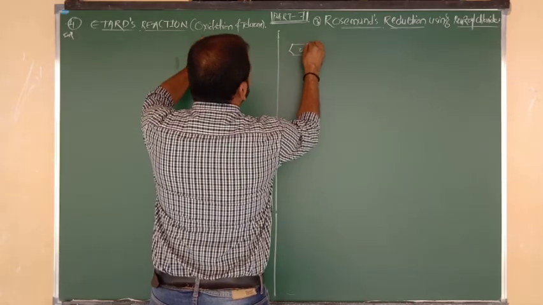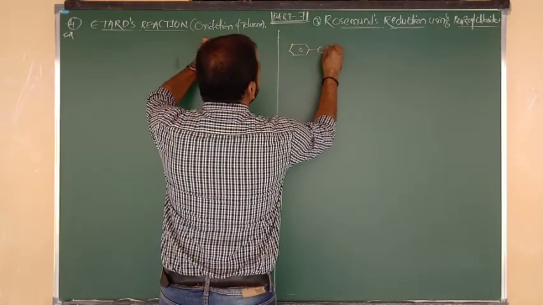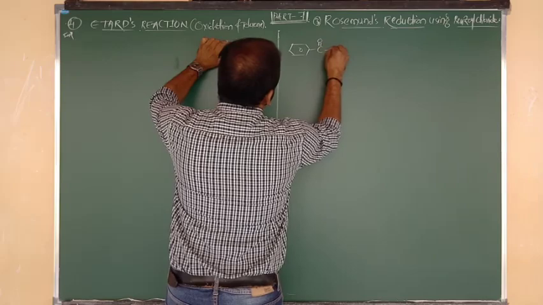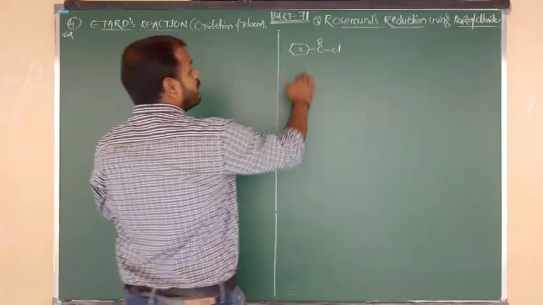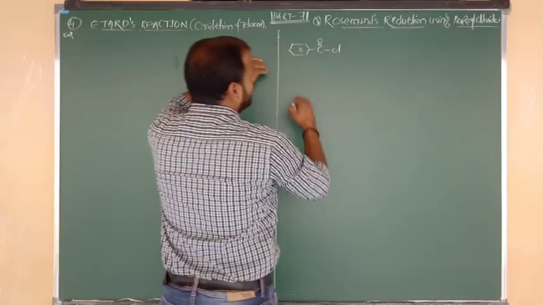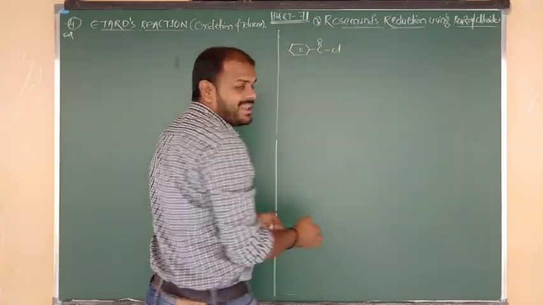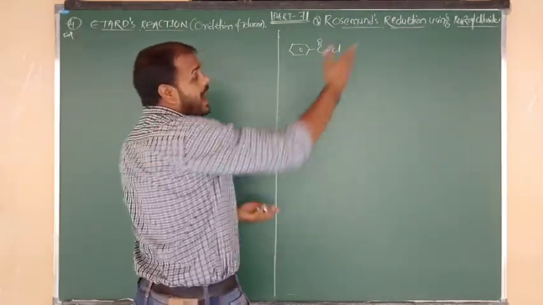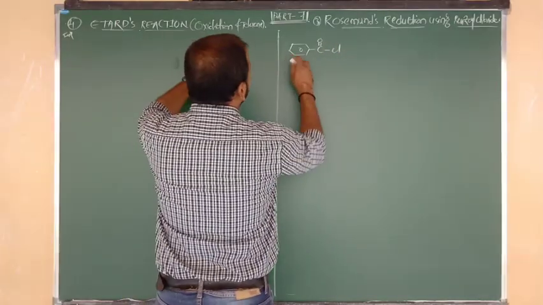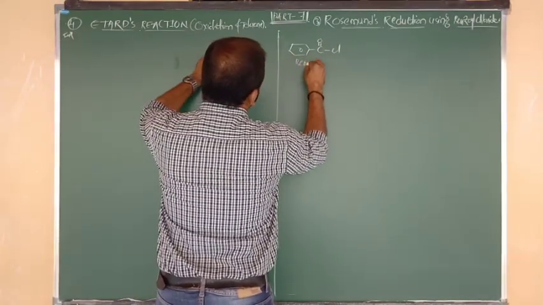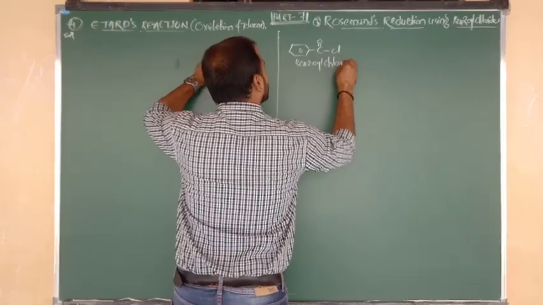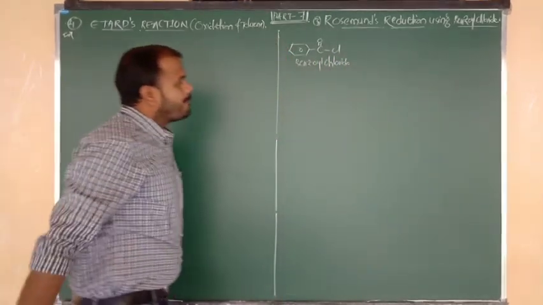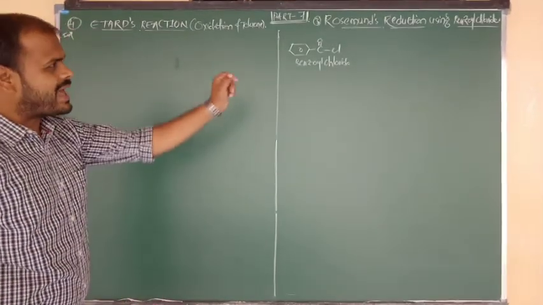Benzene bonded to C double bond O, C double bond O bonded to Cl. This is looking like R C double bond O Cl, looking like CH3 C double bond O Cl. We can say acid chloride. And here the example is nothing but what? Benzoyl chloride. Benzoyl chloride, or we can say acid halide.